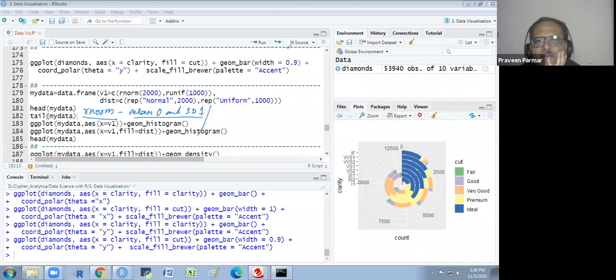And if you see the criteria of runif, you will get this: the minimum value is 0 and maximum is 1. So we get these 1000 values between 0 and 1.